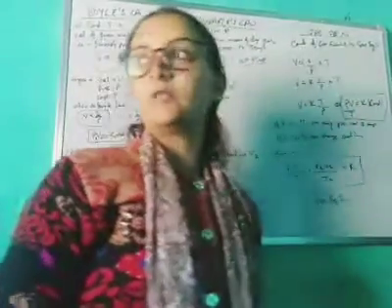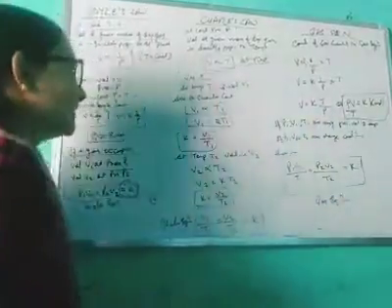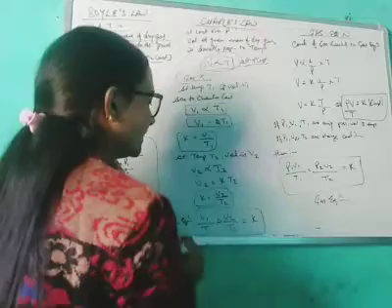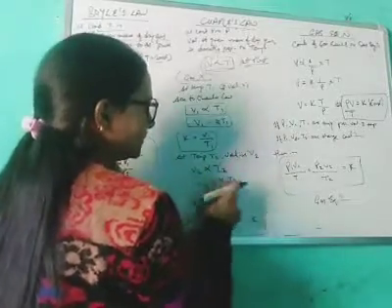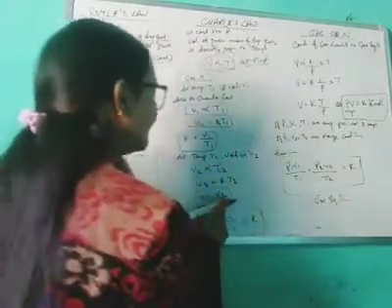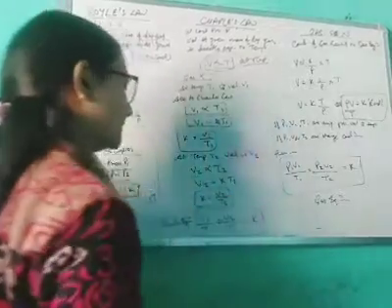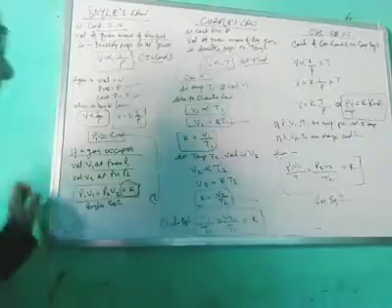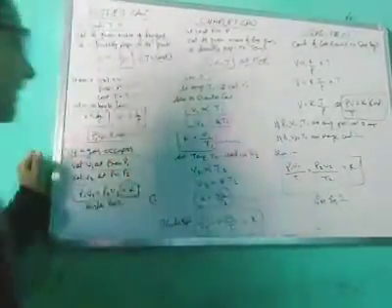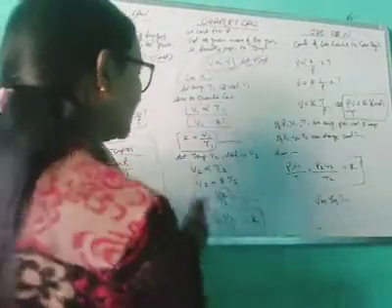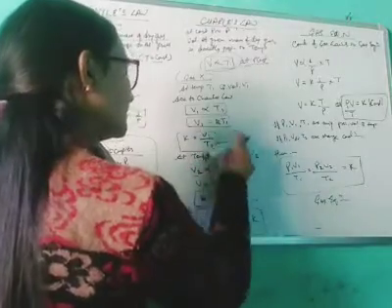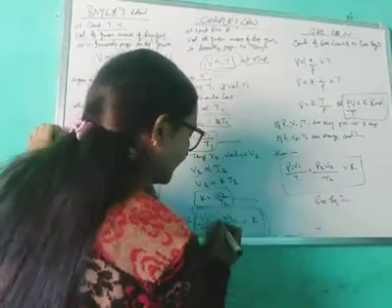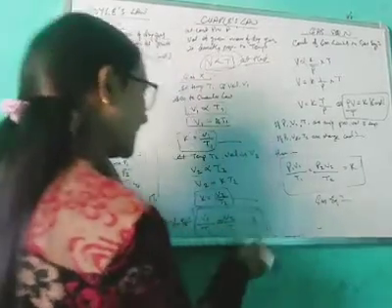So how will you write this equation? You will write similarly like this: V2 is directly proportional to T2. Remove this sign, equals to K. Then K will be V2 upon T2. If we combine this equation and this equation, K is common. K equals V1 upon T1 equals V2 upon T2, like this. So V1 upon T1 equals V2 upon T2 equals K.